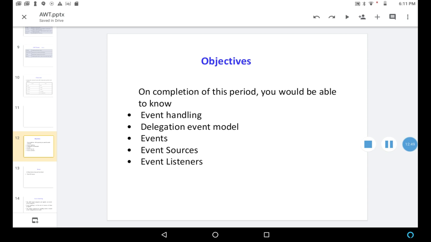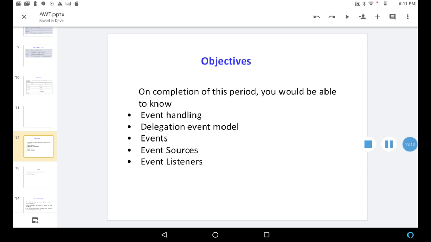Next we'll move on to another objective, that is, here we are going to learn what is event handling, what is the delegation event model, what are events, event sources, and event listeners, okay.